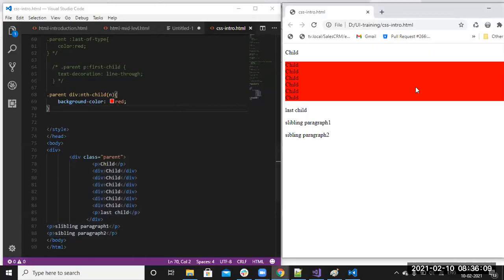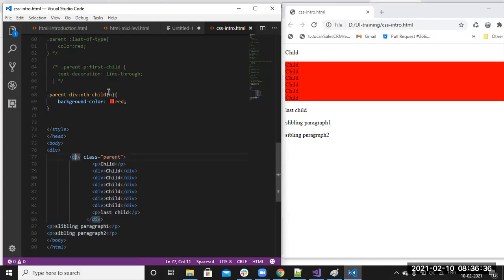So yesterday we were discussing nth-child of n, right? So here we have passed, I think. Actually, nth-child of n is nothing but any number. If you write n, the CSS compiler will not understand what this n is. Because of that, it will select all the elements in that div tag.